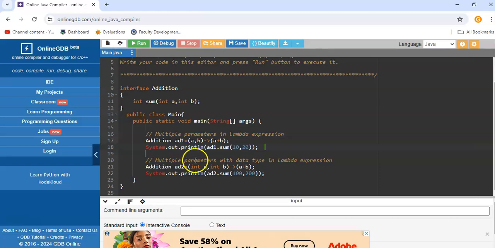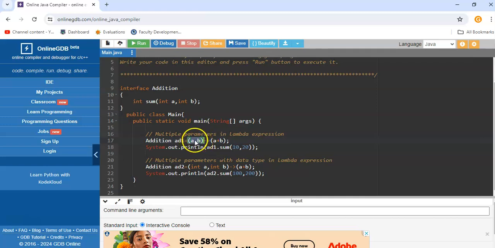And another reference variable of this addition functional interface is created here, which is ad2. The difference between this line and the previous one is that here the two parameters are provided implicitly. We have not mentioned the data type, like what type of data a is, such as int a, int b, or float a, float b.